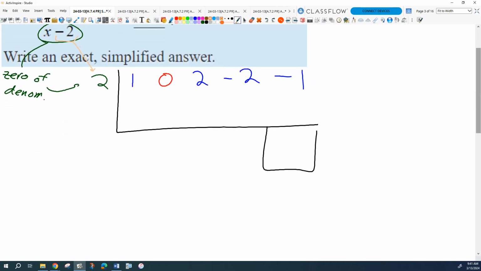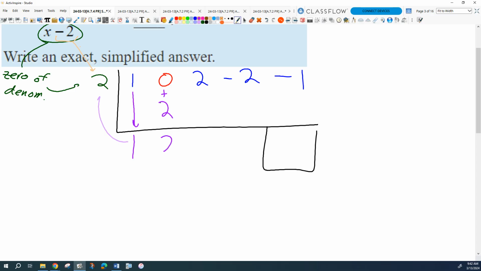Well, what's the process? To start the process, you're going to drop the first coefficient down below the bracket, and then you start the machine. Once you drop a coefficient below the bracket, then the machine automatically kicks in and it multiplies by the number out front. So we get 1 times 2 is 2. And then we add vertically. You do the opposite of long division. Long division, you always subtract vertically, right? Synthetic division, you add vertically. So 0 plus 2 is